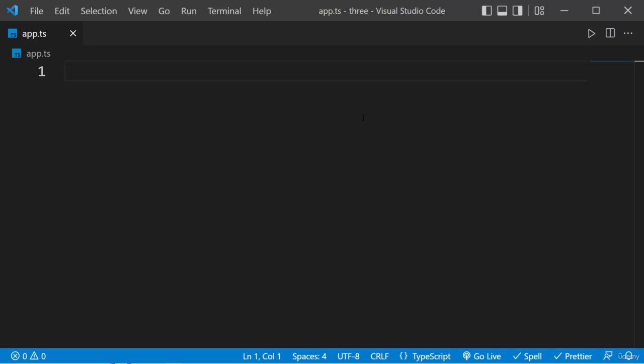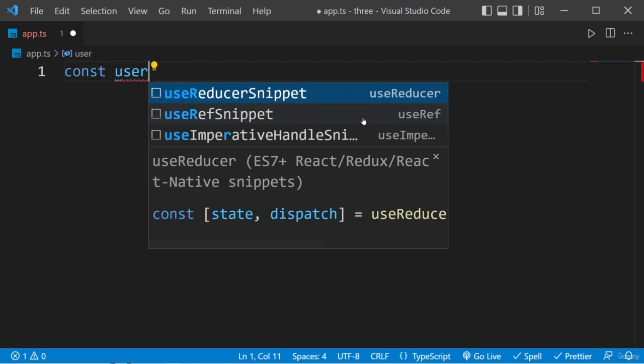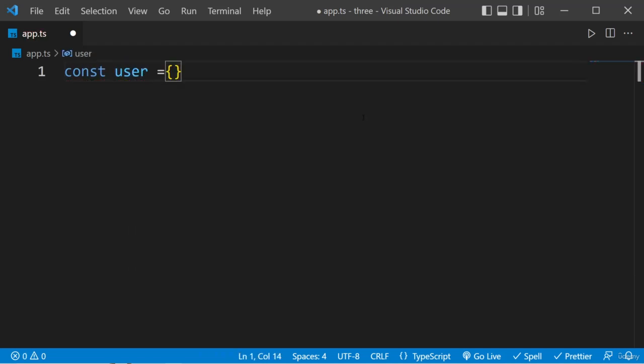In the previous video, we saw how we can define normal types like number, string and boolean. Now we are going to see a little bit more advanced thing, like objects and arrays. So first of all, here I want to create this variable called user, where I want to add this object,